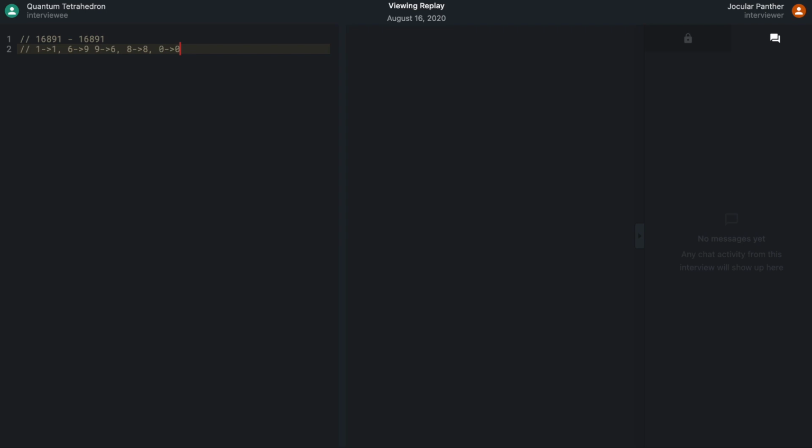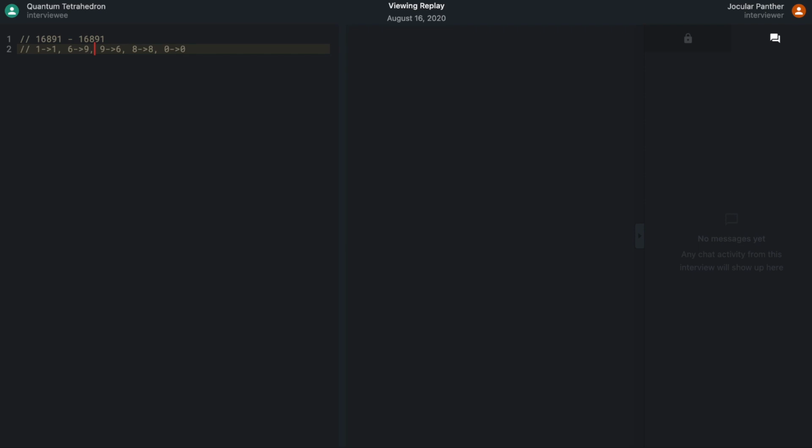I think these are our five numbers that, when rotated 180 degrees, become another valid number. And so my proposed solution is to take the input number and begin